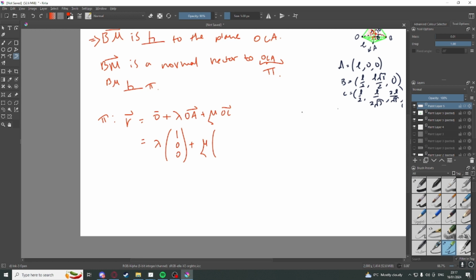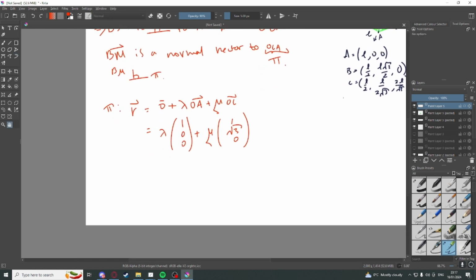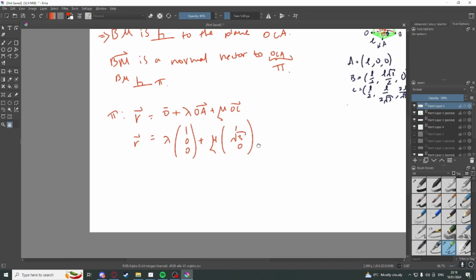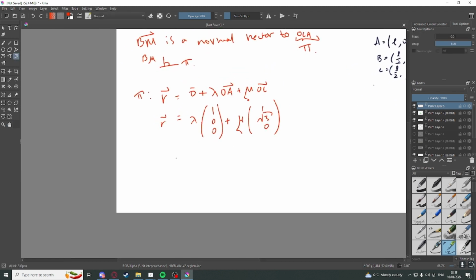The same with B. Remember that B is here, but I can also say 1/2, root 3 over 2, and then 0. That looks really messy. Actually, I could also absorb that additional 1/2, so I could just say 1, root 3, and 0. So that is my plane. This is the equation of the plane. And then if I wanted to find a normal vector of this plane,